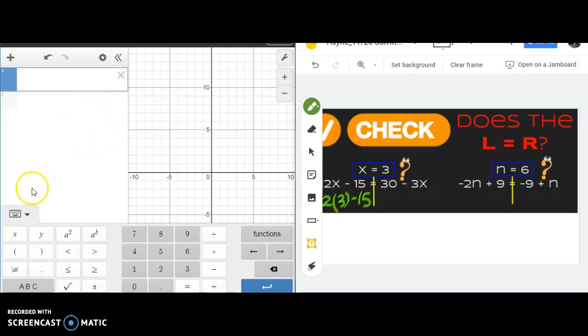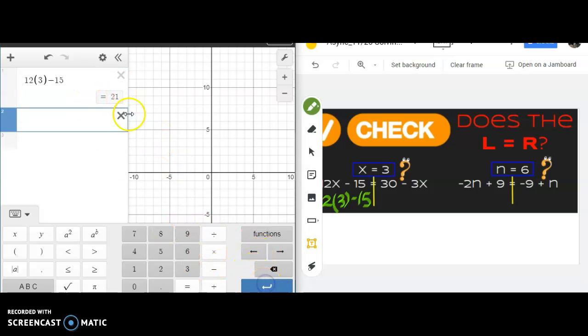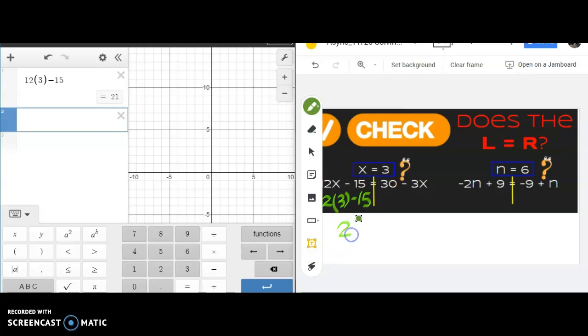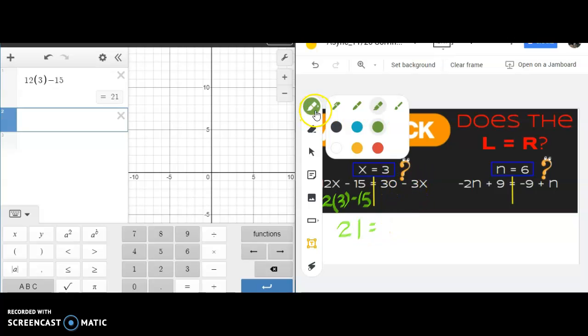Okay, hopefully you can see this okay. I have my Desmos open. So I showed the keypad. I'm going to type in what I had over here on my Jamboard, which was 12, parentheses. Instead of the x, remember, we substituted that 3. Close the parentheses, and then I said minus 15. Okay, so I'm going to hit this blue arrow, that's the enter, so I should be getting 21. Okay, so over here on my Jamboard, I'm just going to say 21 is on the left side. I want to know, is it equal to my right side? So I'm just going to do a different